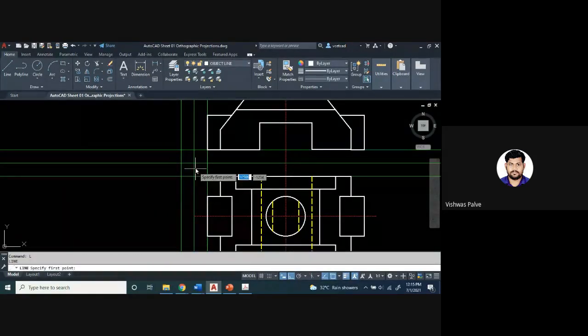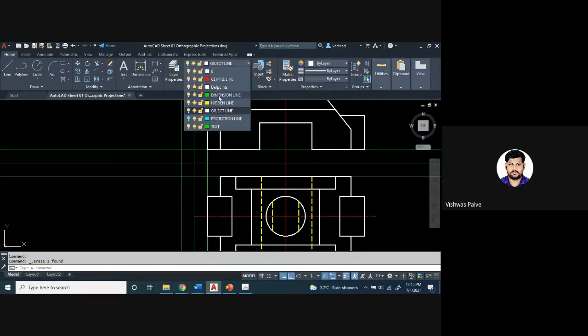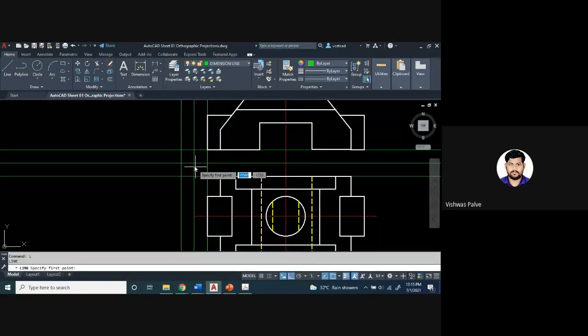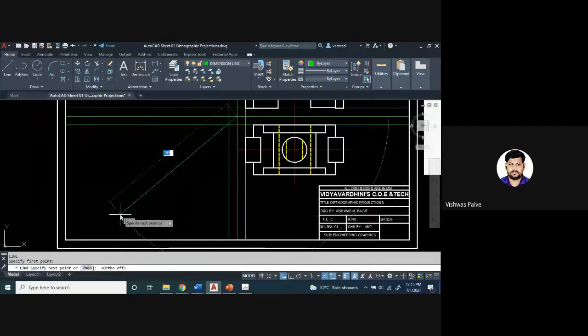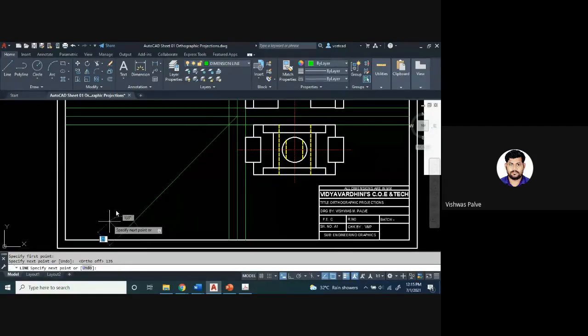So I have to draw an incline line, a 45-degree incline line.